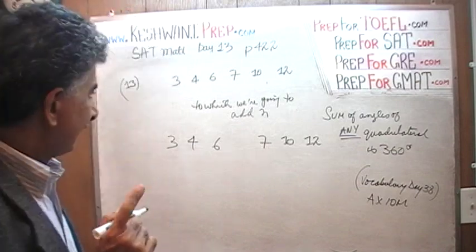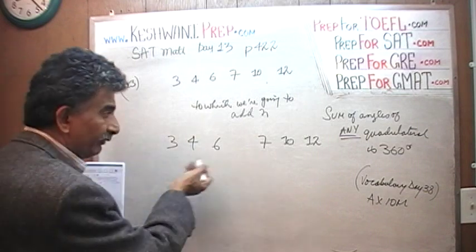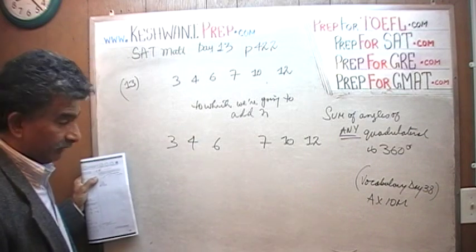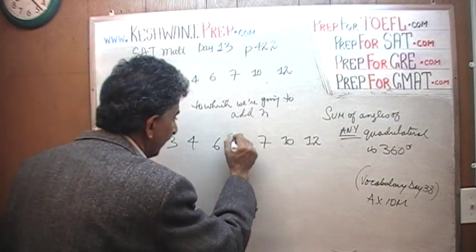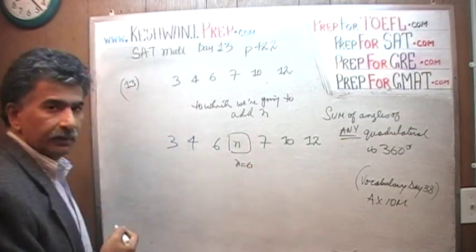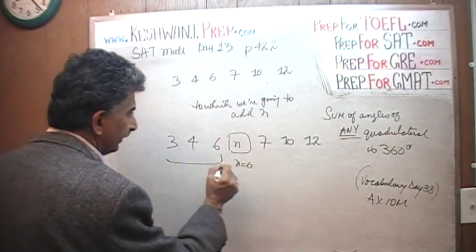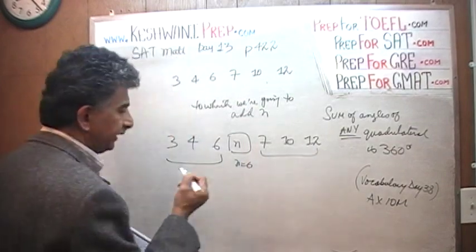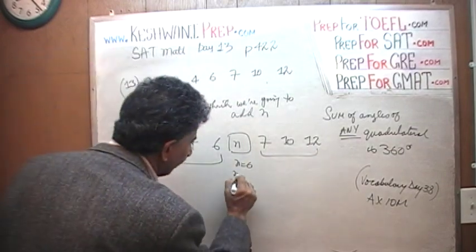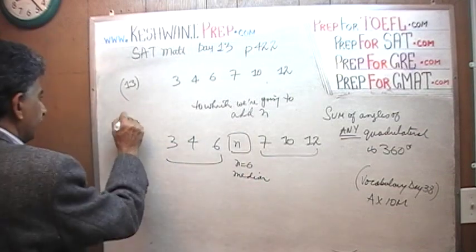Let's find out. Can 6 be the median? Is it possible that we can stick an n somewhere here and the median be 6? The answer is yes. n could go right here and n could be 6, in which case we will have 3, 4, 6, 3 on the left hand side, 3 on the right hand side. The number right in the middle is the median. So median could be 6, which means the correct answer,